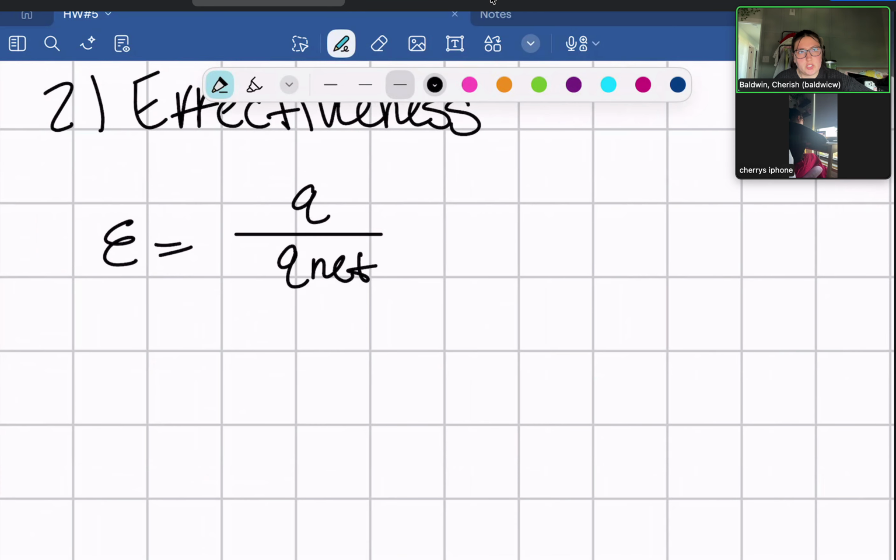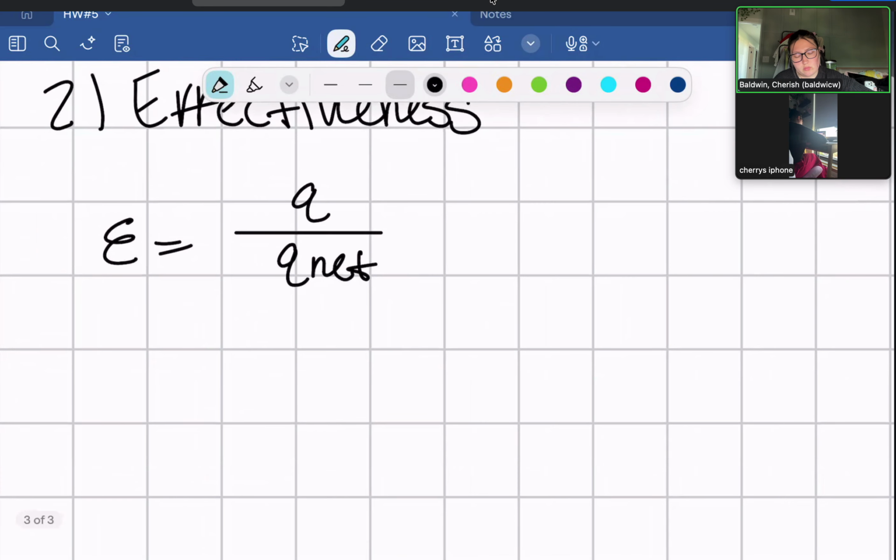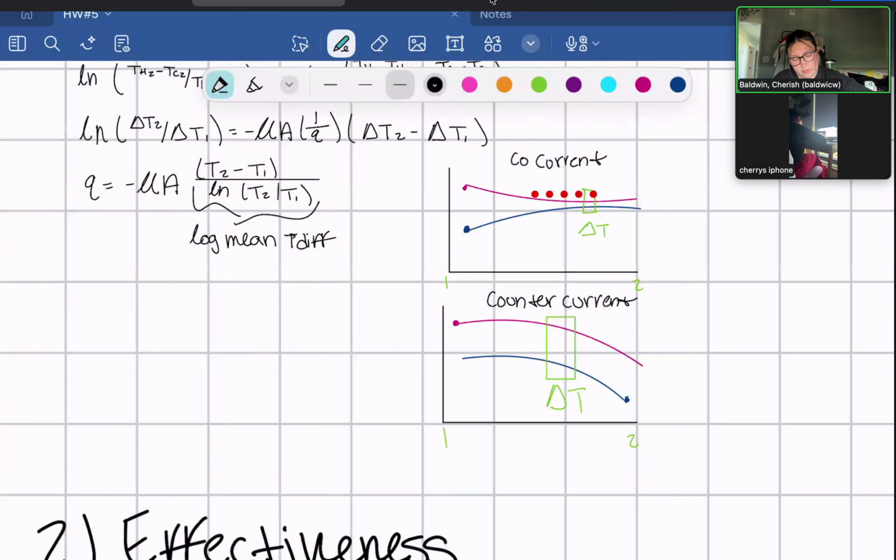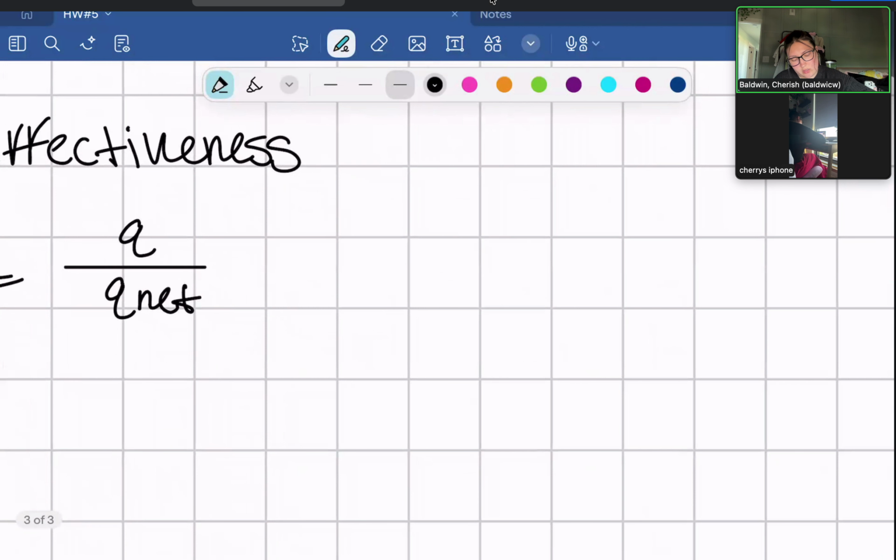And we just solved for Q earlier. And then this can also be set equal to the